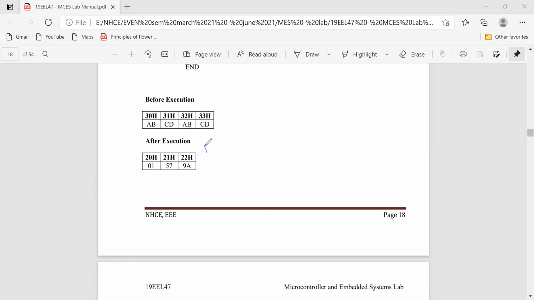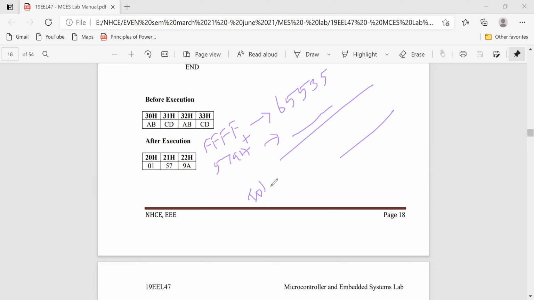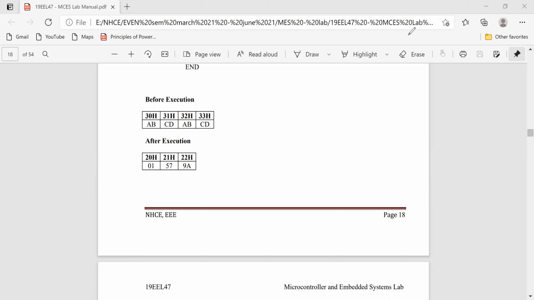That is, in decimal, it is equivalent to 65535. Plus this 57 is the offset, the resultant addition, equivalent to some value. Finally, you will have some total value, your final addition value. That you should understand. That's why carry is equal to 1.